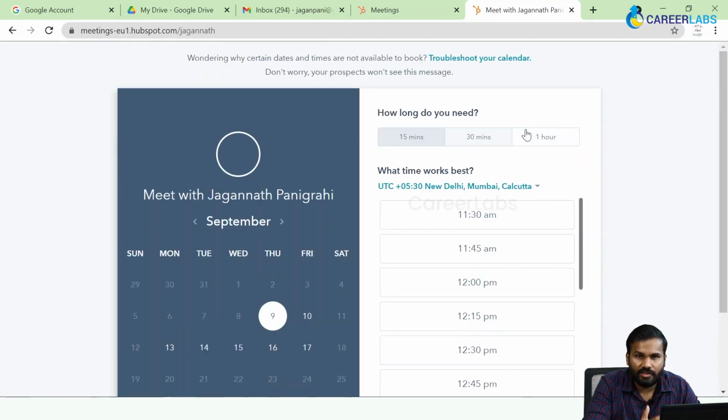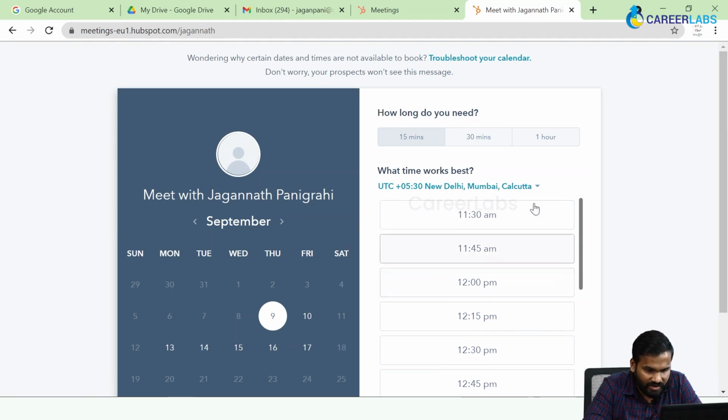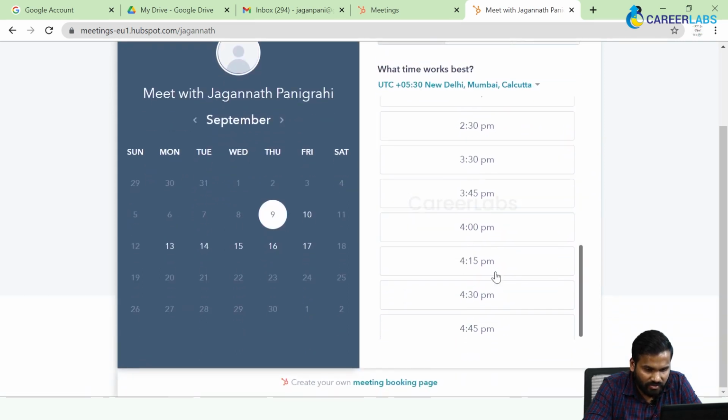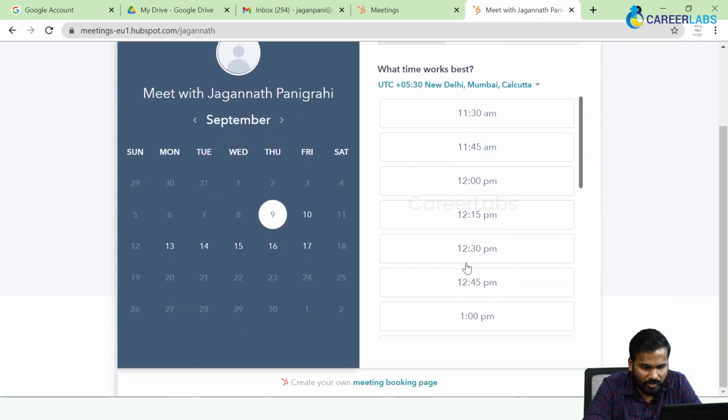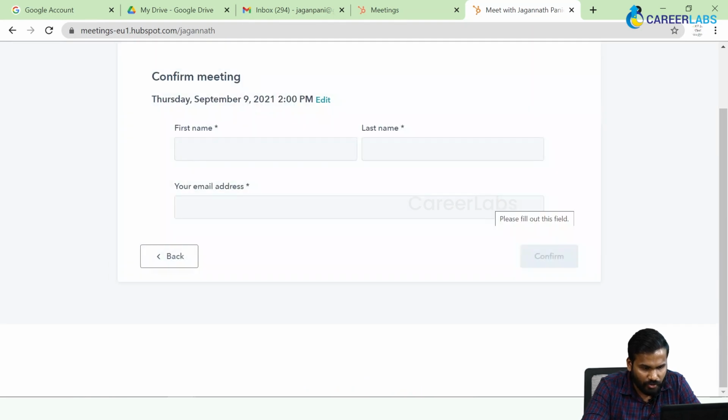Right, so now I'm enacting the role of a contact that is trying to book a meeting. So this is how it would look. Now say that I see that the person I want to talk to has these slots as available slots, and I would then check my calendar as well. And let's say I figure out that 2 p.m. is a good time for me to talk.